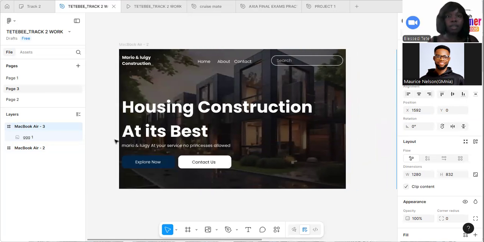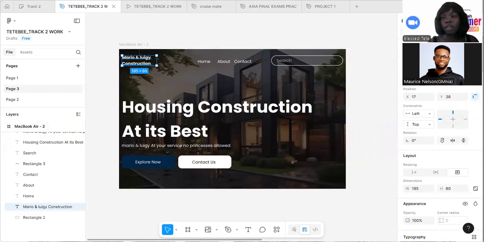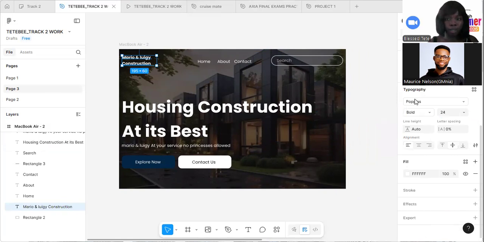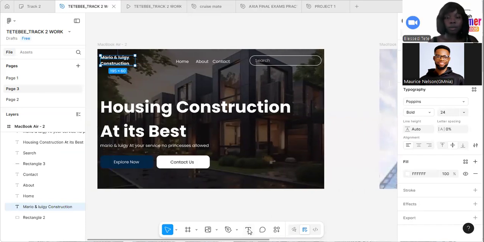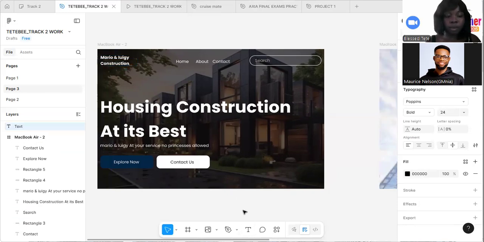Can you see? Right, so we're going to click on this and find out what font was used. And the font that was used, drum roll please, Poppins. Poppins would use bold 24. Then the line height was auto. So we're going to do the same thing, right? We're going to write a text. So we'll come here, click on this text, come down here, and then we're going to write